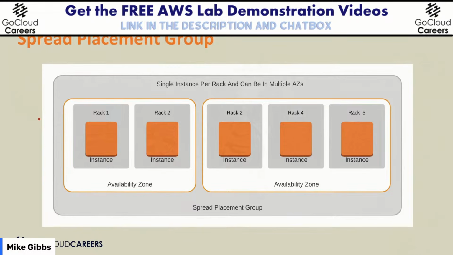That whole data center you could potentially lose. In a spread placement group, you spread the load across data centers. And if the data centers are close to each other and have good performance, it's still going to be relatively good. So kind of think about that.